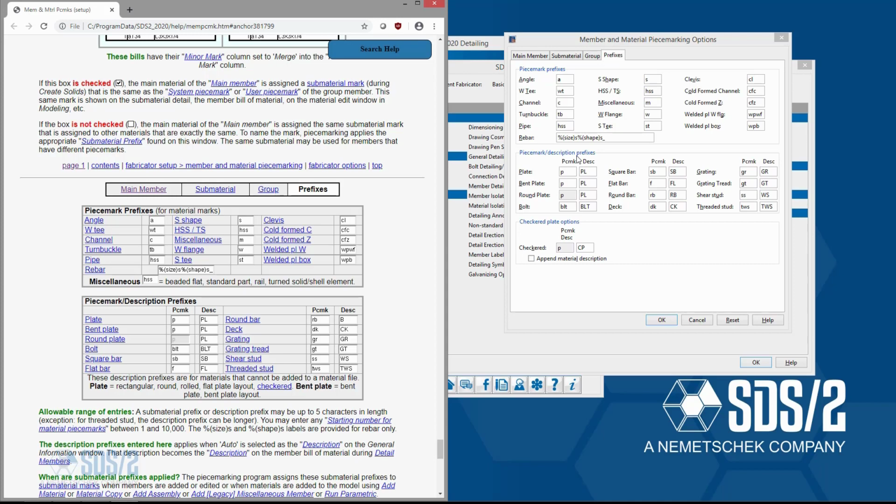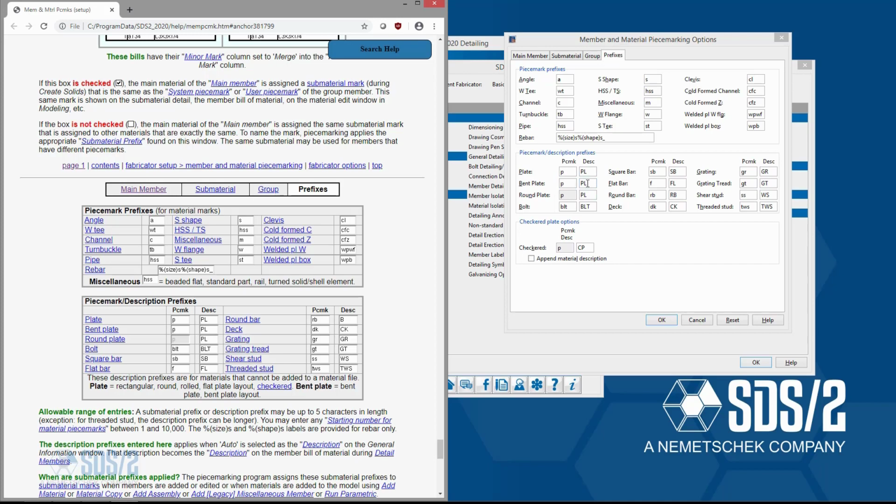So by material type, you can set the material prefixes here for all your submaterial. For anything that's not in the material file, for instance, plate, round bar, flat bar, etc., you have both a piece mark prefix as well as a description prefix. So if I have plate and bent plate, and I wanted my bent plate to have a different prefix for the description of the material than my regular plate, I could change this to BPL or BNT as the description, whatever you want to be called out for the description of that plate, and that would affect the auto description